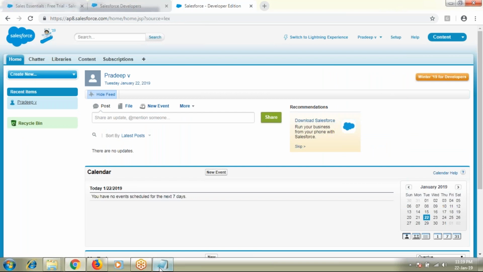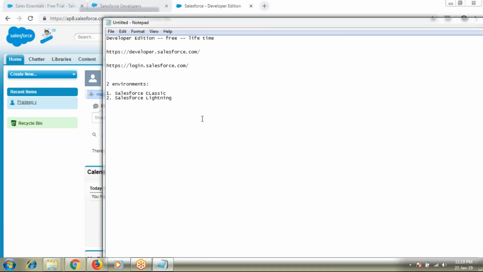A few things here. Within the demo part, we discussed that there are three different types of releases, which are called Spring, Summer, and Winter. If you remember, Spring, Summer, and Winter releases. As this is the year 2019, we'll be having Spring, Summer, and Winter 19. We discussed this in the demo part. So now, how could I find out which version we are currently using, which version our Salesforce instance is on?